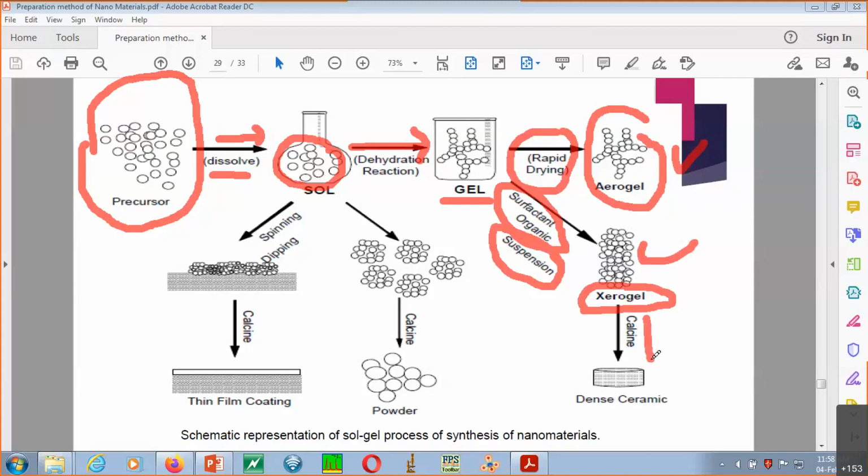And now if you do calcination, that means a kind of heating, then you may get a dense ceramic material. अगर मैं इसको properly grind करके heat करके कर दूं, so I will get the ceramic material. So this is one process which you have seen till this moment. Dense ceramic means it is the case of a 3D material. All XYZ components will be there. A 3D material I am going to prepare following this route.